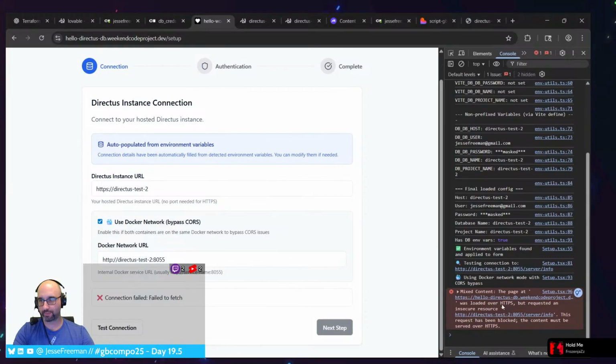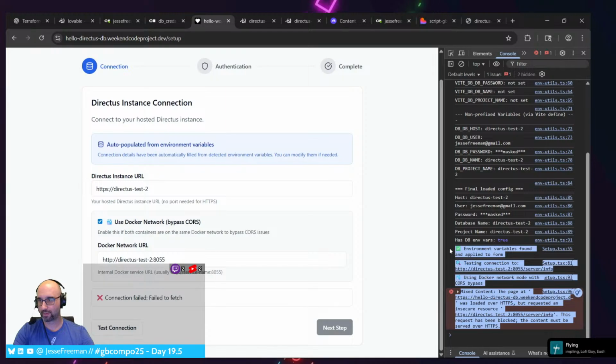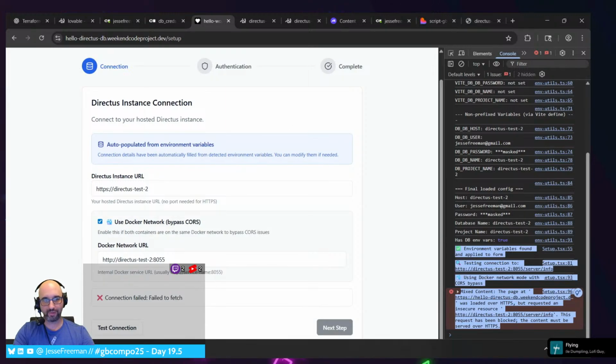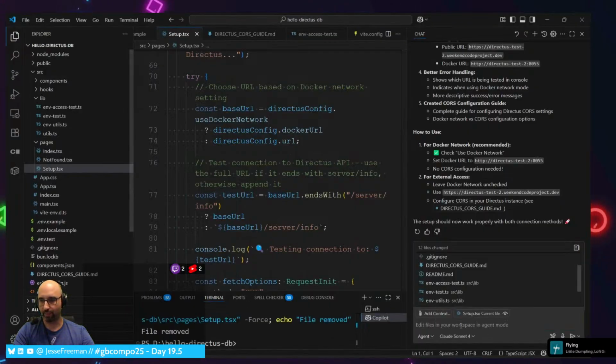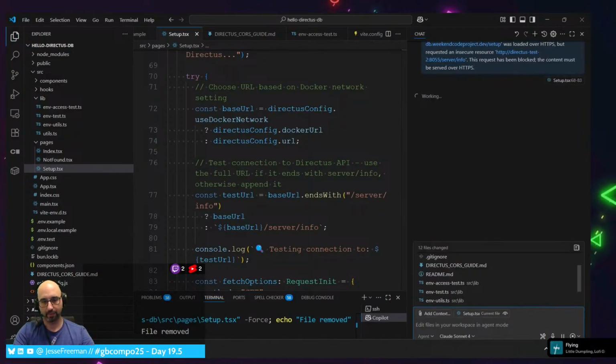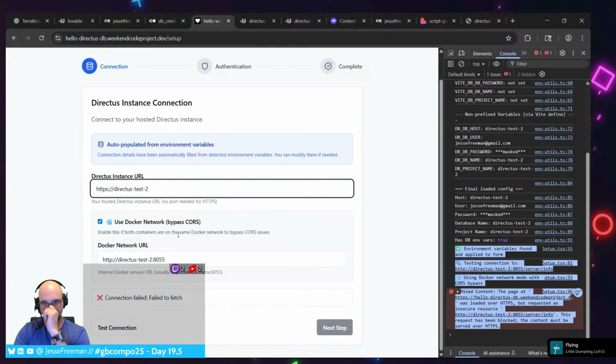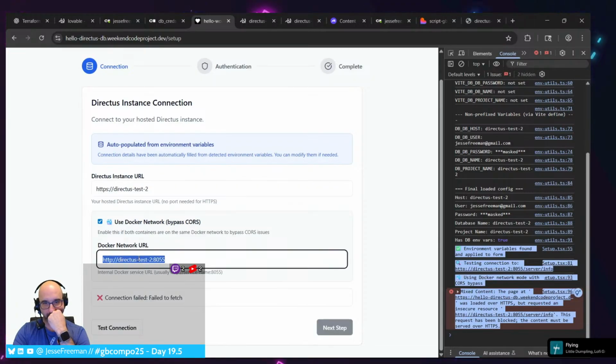Loaded over HTTPS, the request is insecure. All right, let's see what this is about. I think it's trying to do both connections at the same time. No, oh yeah, Directus test 2.